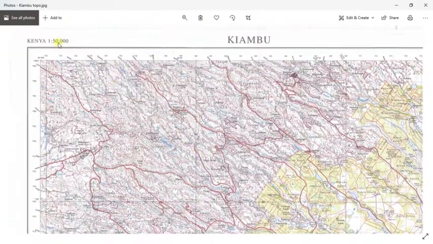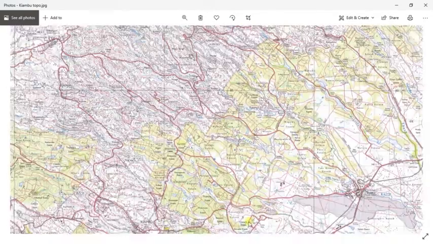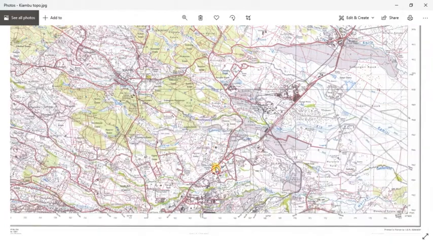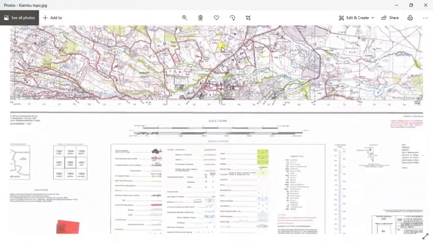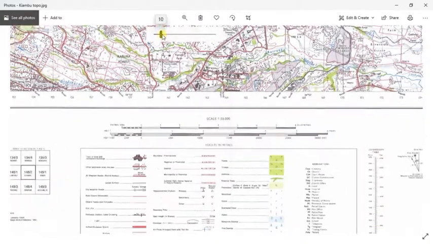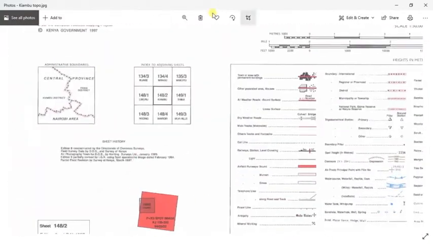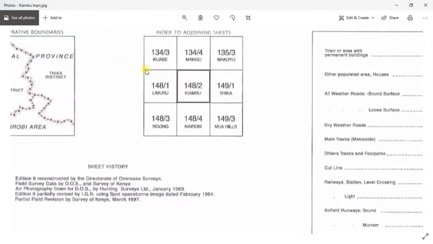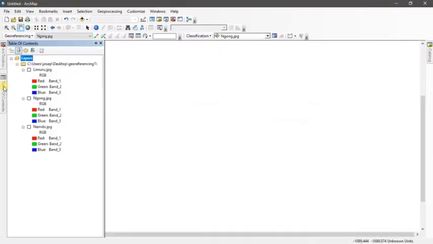One thing that I have done here is that I have cropped the image so that I remove the unnecessary part of the map. So I've only remained with the map frame alone. And when I georeference the 4 maps, the 4 images, when I georeference them well, then I expect that it will form one topographical map covering all this area of Limuru, Kiambu, Nairobi and Ngong. Having done that, I have already added some